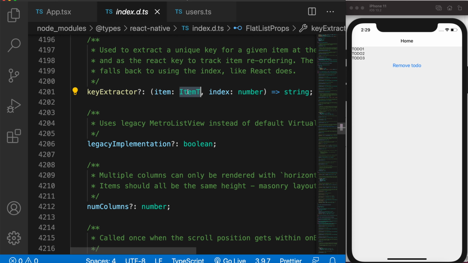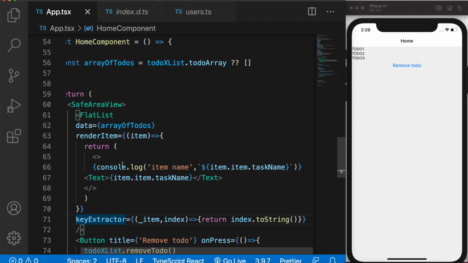In this case it is to do, and the next is index, which is of type number, and this index is like an index of a list item. So I'm just returning a string of this index, which is acting as a unique key per item in